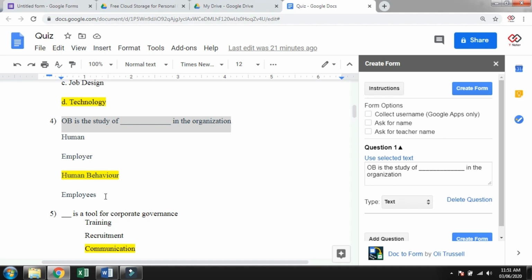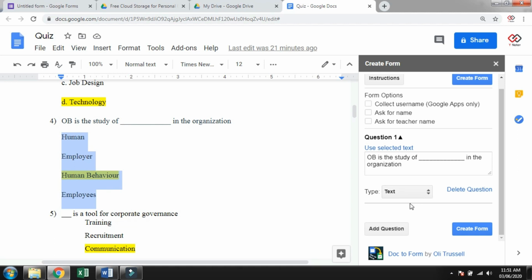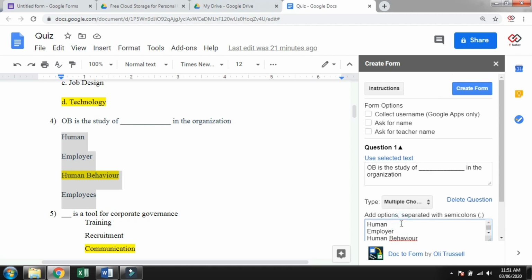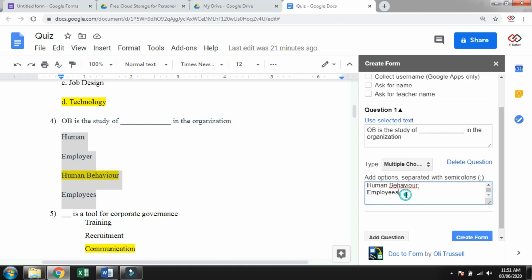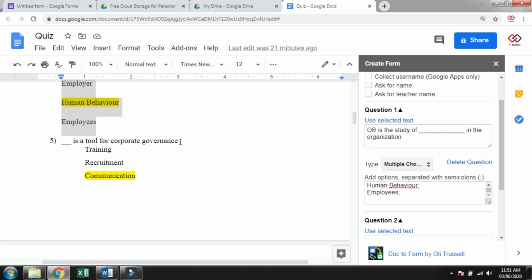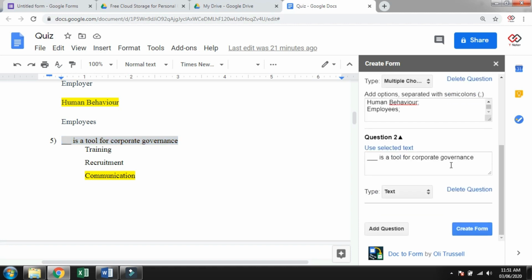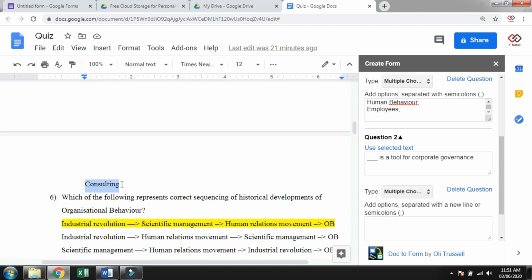Then for the options, I'm copying and pasting them. I select multiple choice and paste the options separated by semicolons. So I have to add a semicolon at the end of each option, right? Then add question. I'm going to add the second question, that's the fifth question. Then multiple choice, and add all 4 options separated by semicolons.